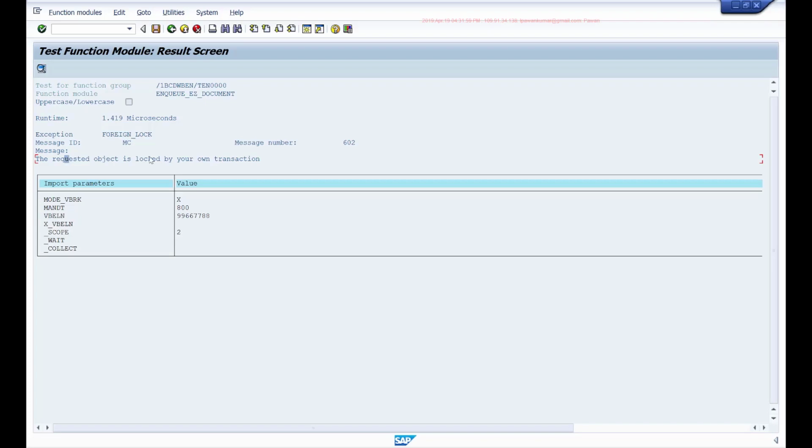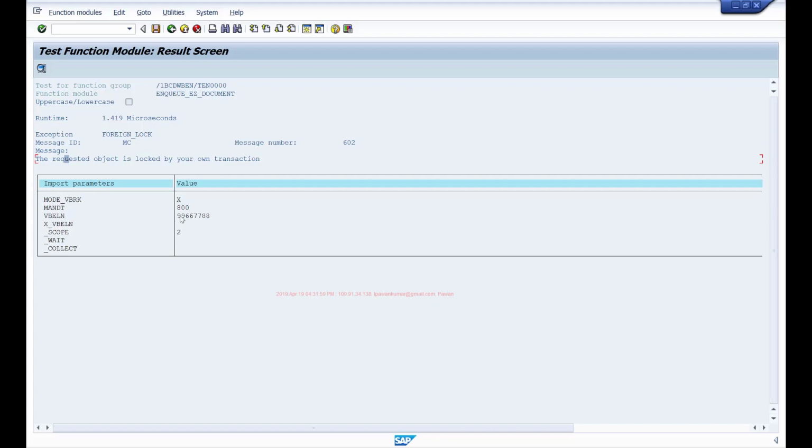In our program also, once we call this function module every time the user is requesting to go to change mode, the first time it will agree, but if some other user is trying to go to change mode for the same document, this function module will throw an exception. So based on that exception, we'll handle our program logic to not allow the user to go into change mode. We'll simply throw an error message saying that this is already being edited and we have to wait for it.